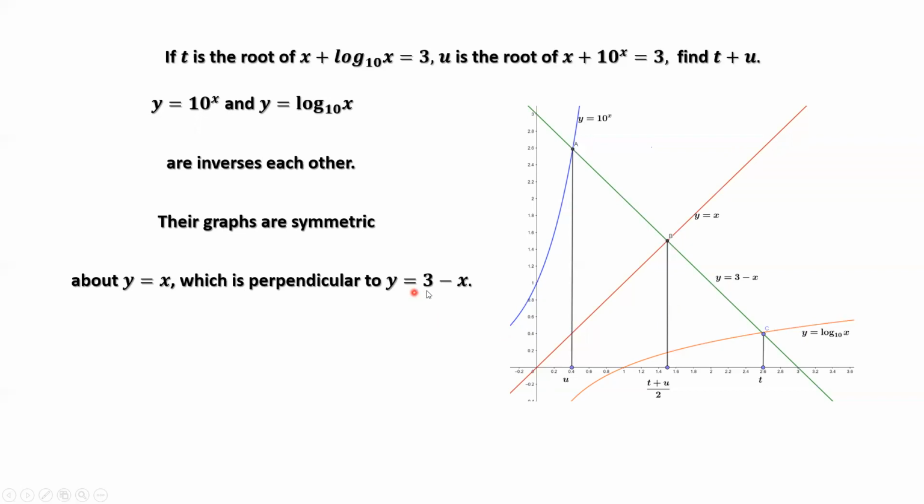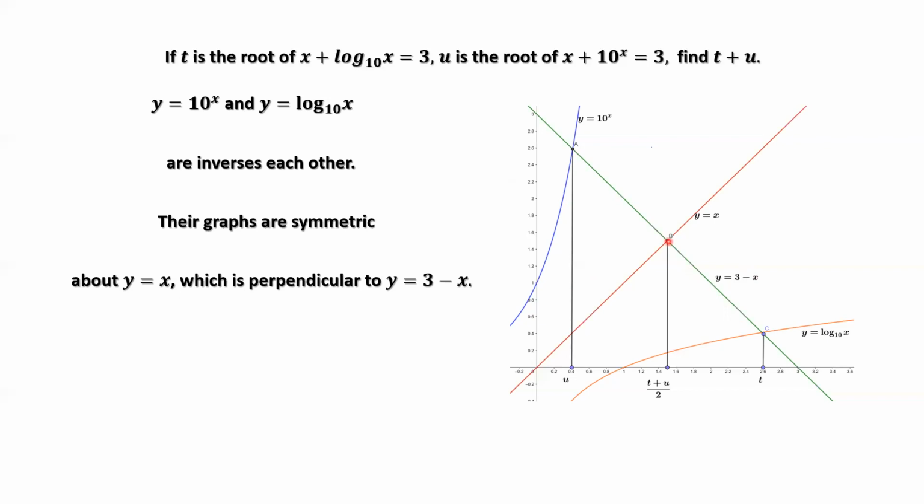Because y equals 3 minus x is perpendicular to y equals x. You can check the slope. Here slope is 1, here slope is -1. The two lines are perpendicular. Therefore,